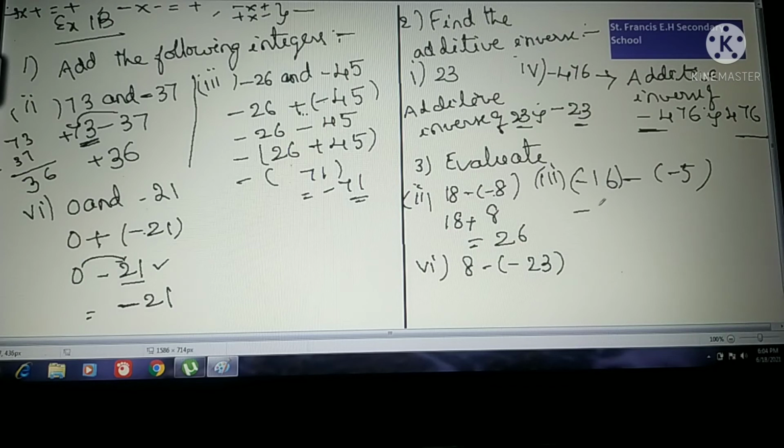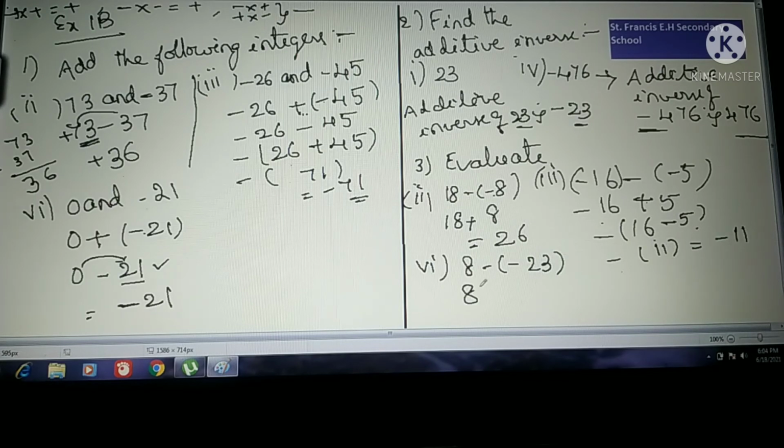Now see here minus 16. I am removing the brackets, applying a minus here and again here also removing the brackets, minus into minus plus 5. So now see, one is like this, minus 16 plus 5. What is the bigger number here? Minus 16. So subtract from this one, 16 minus 5. Otherwise understand like this: take minus out, it will become plus and this plus will become minus 5. Now do the same thing, 16 minus 5, how much? 11. Apply the minus again and remove the brackets, minus 11.